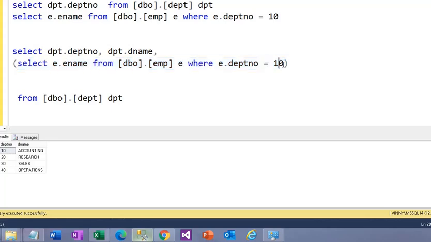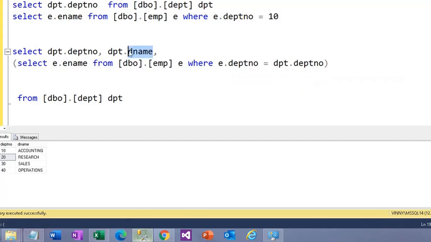That we don't want, right? So I want it to run for each department: 10, 20, 30. So it should run for each department. For that I will take this department number from the outer query. Okay. So what happens now?